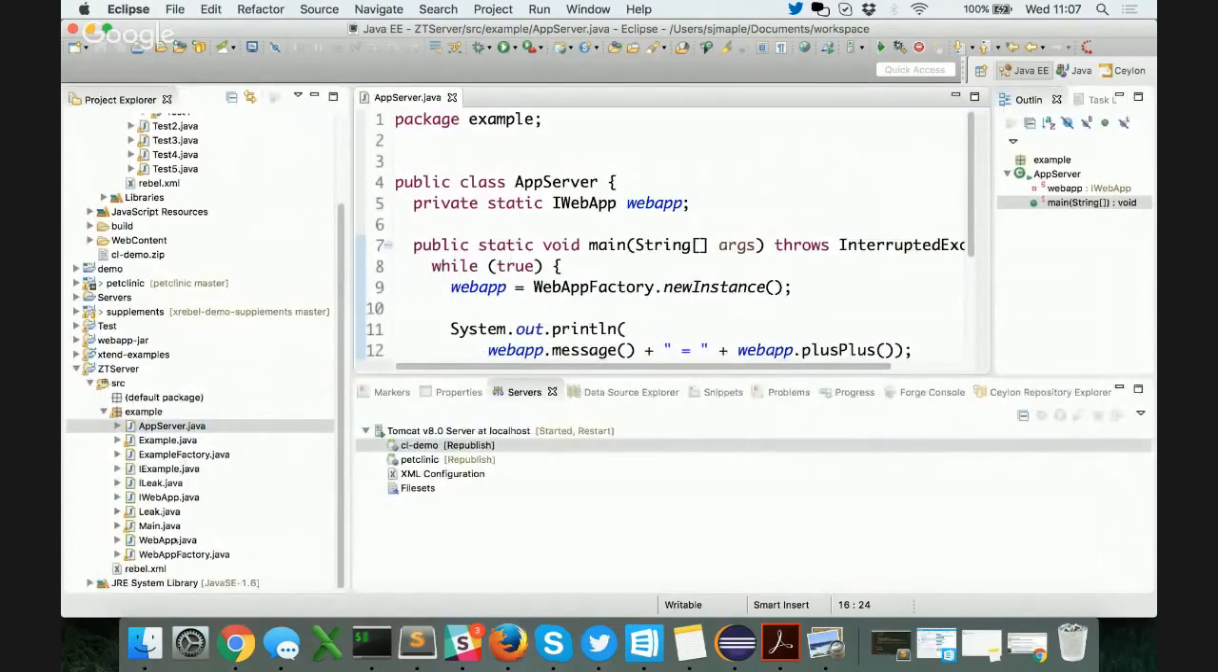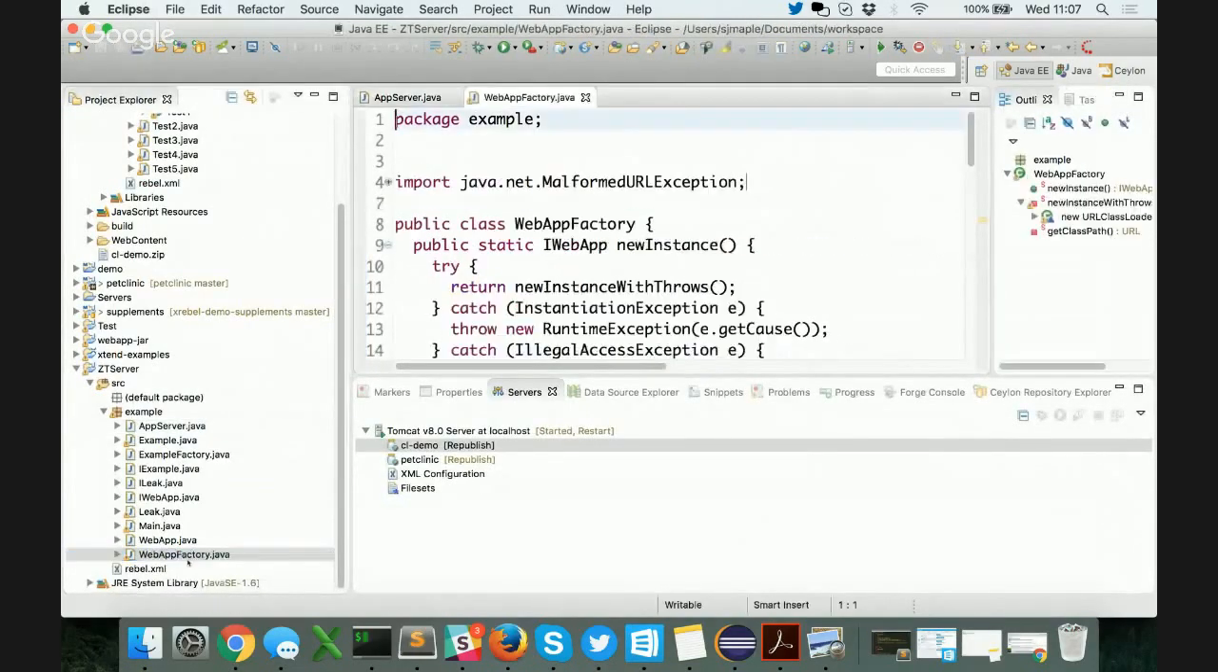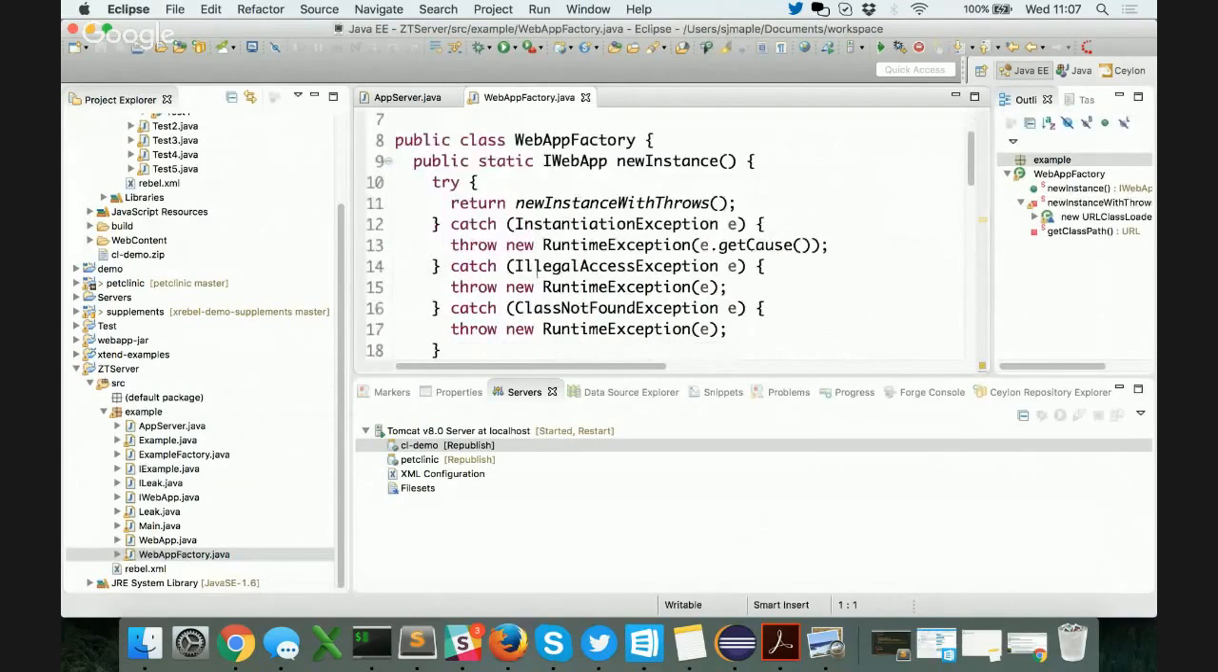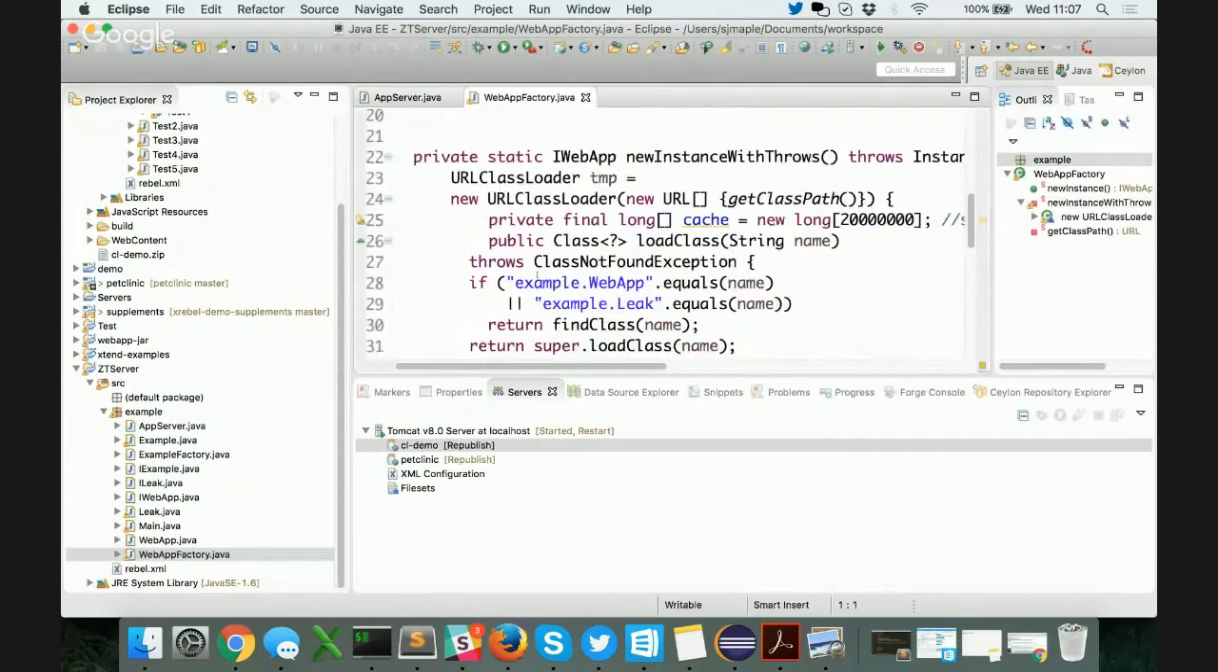Actually, no, let's go to the web app factory first. In the web app factory, let's go to the code that actually does something. Every single time we go through this loop, we're going to create a new class loader. This class loader has a cache as well, which is a new long, effectively quite a large array. This is actually